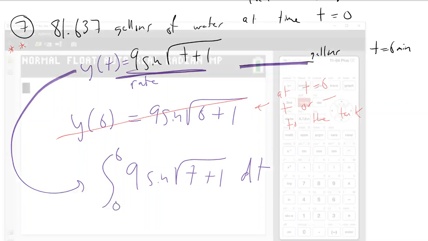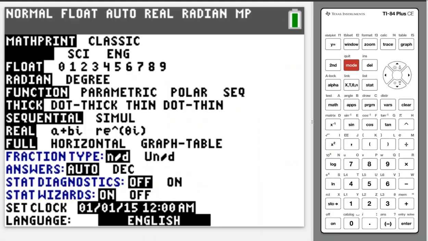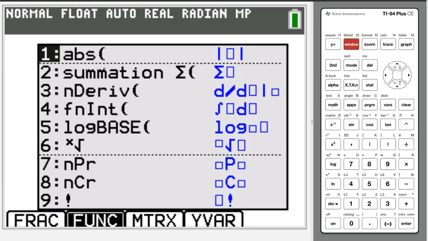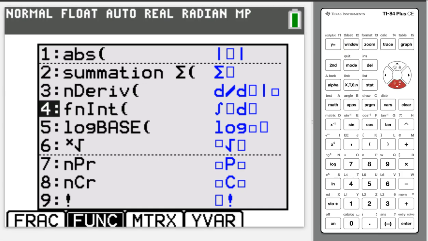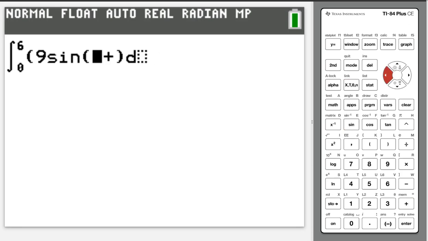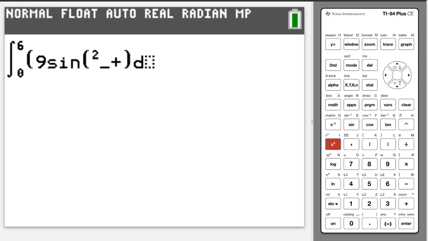So we go to our calculator. You need to know how to ask it to do this for you. This is not something I can tell you guys on assessment day. Alpha window pulls up this menu, option number 4. Take all of the changes from 0 to 6 of 9 sine of t, the square,